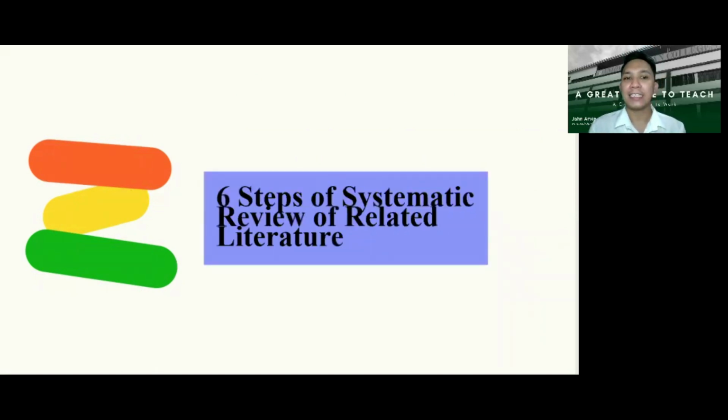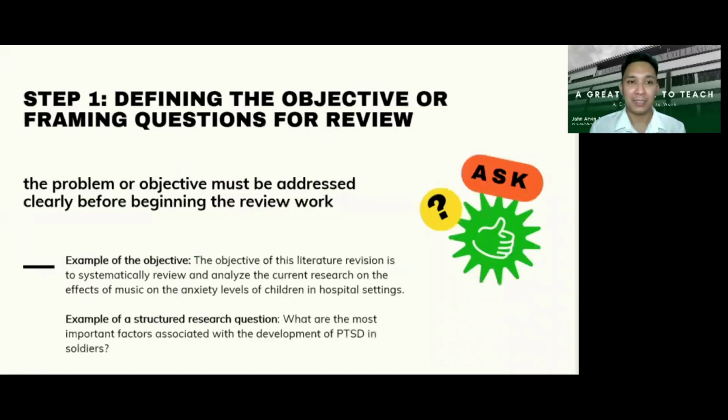Now let's define the six steps of systematic review of related literature. The first step is to define the objective or framing questions for the review. Those objectives and questions are actually placed in the research article, located in the title, abstract, and introduction. So the problem or objective must be addressed clearly before